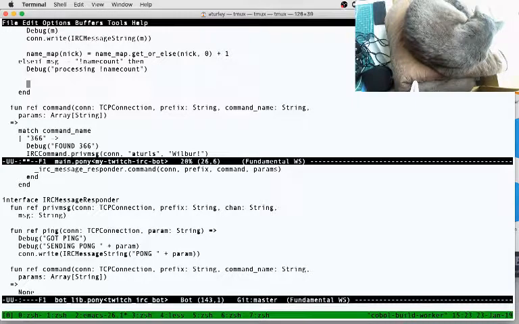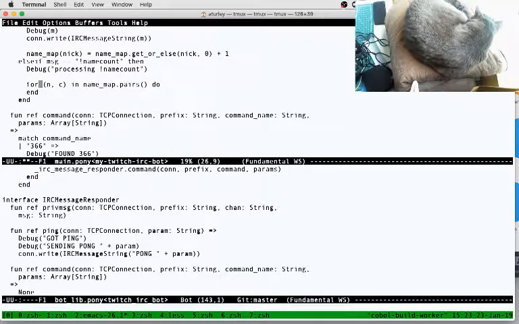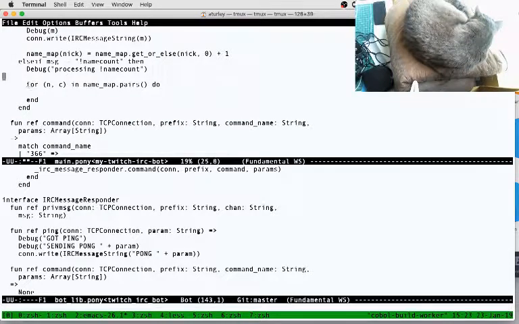So we're going to say for, so this is going to iterate over the name map, not values, pairs. So this will give us an iterator that will return a tuple of name and count from the map, and we're going to